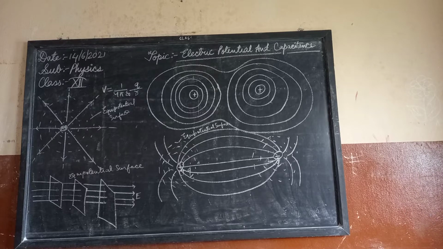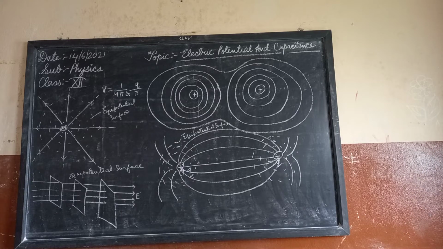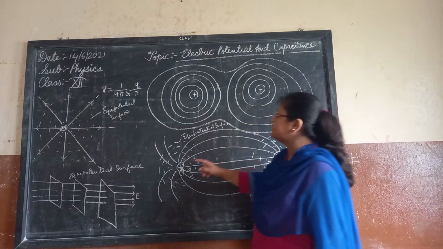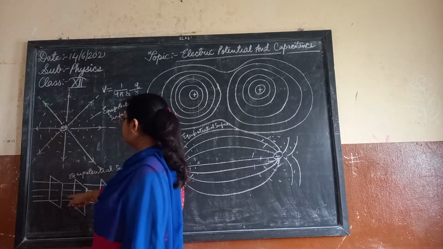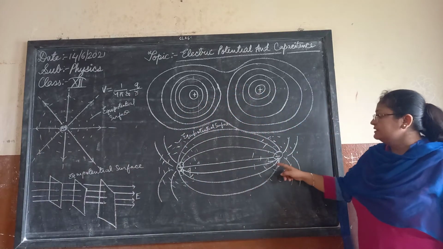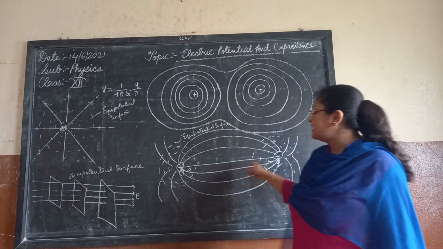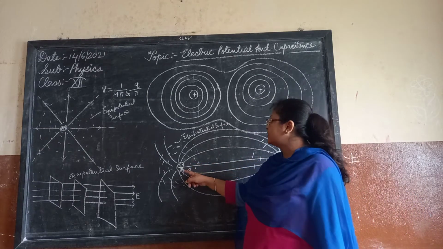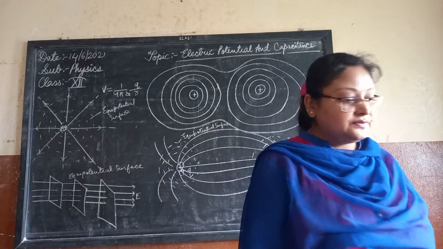Equipotential surfaces do not intersect each other, because at an intersecting point they would give two directions of the electric field, which is not possible. You have seen this equipotential surface, it is not intersecting. Here it is also not intersecting. In this figure also it is not intersecting, and in this figure as well, with plus Q and minus Q charge, we can take a dipole over here. So in this particular field also the surfaces are not intersecting with each other.